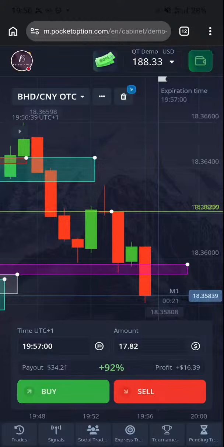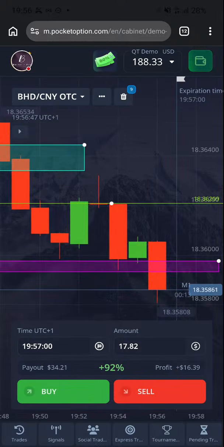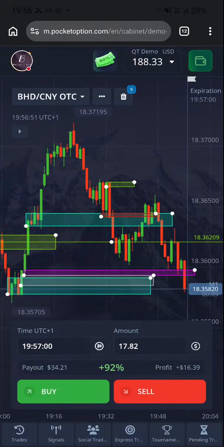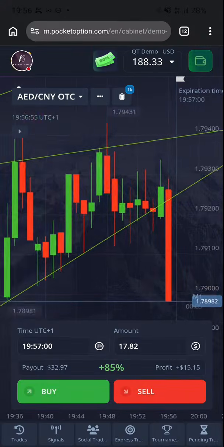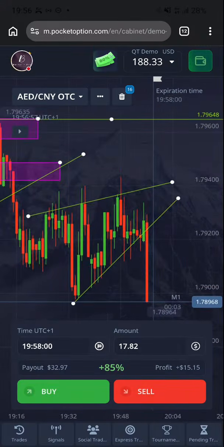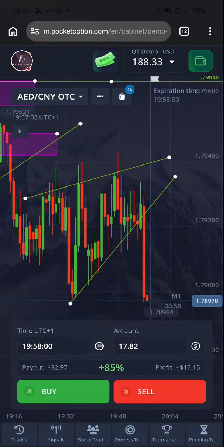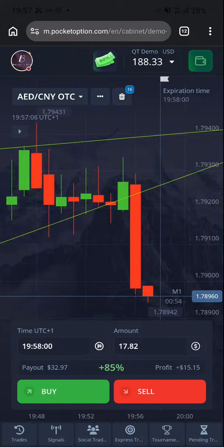Market is pushing downwards, and look at this. This is 18.36 thousand. It's 36,000. My God, it's a very beautiful trade. But no problem. Sometimes you can't be everywhere at the same time, so you have to just manage. Look at this. My God. Now you see, I would have lost this trade because I would have taken this trade right on this round number